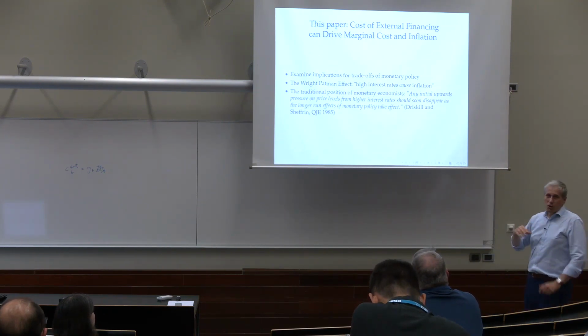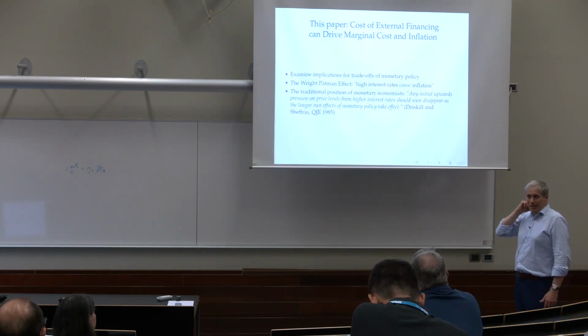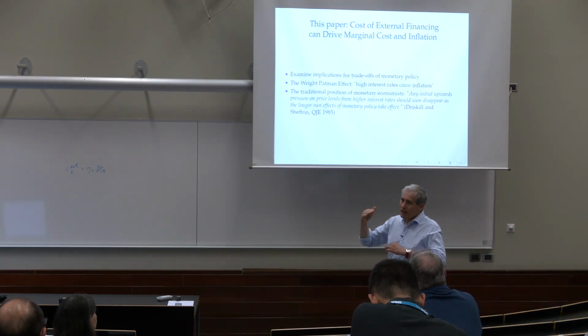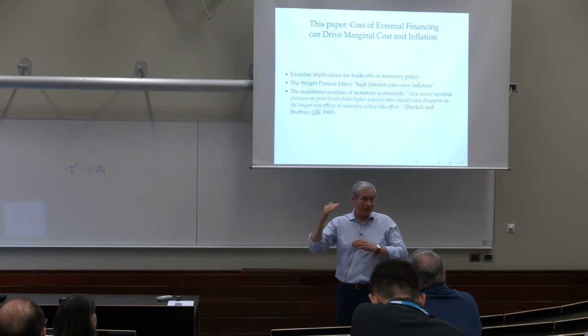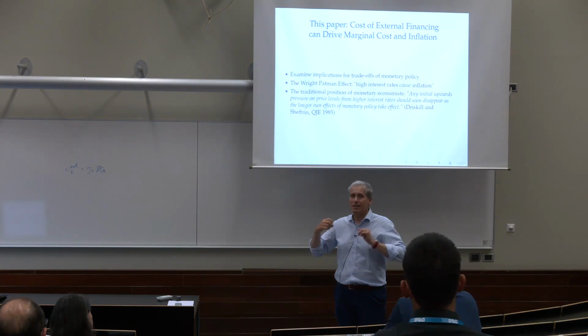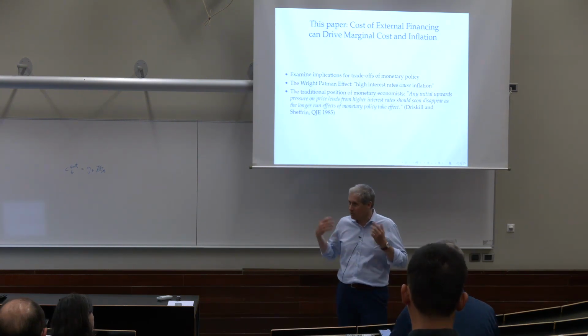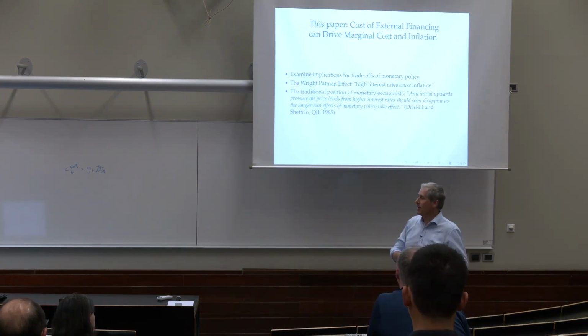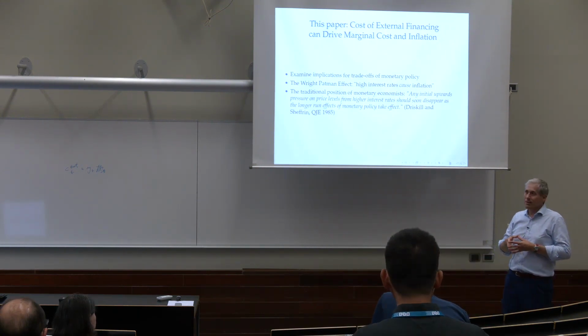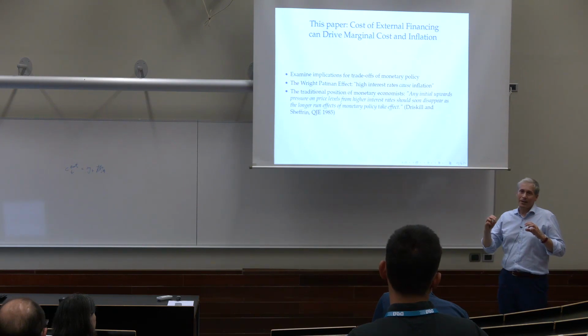So the traditional position that monetary economics has had is that, maybe this is true, but we believe that in the long run, if you raise interest rates, if you raise real rates, this is going to be a contractionary policy and will lower inflation. At some point, this will happen. This is what we believe, and this is what central banks believe. But what the cost channel models point out is that this could be very much attenuated.